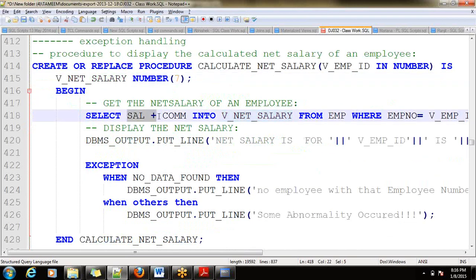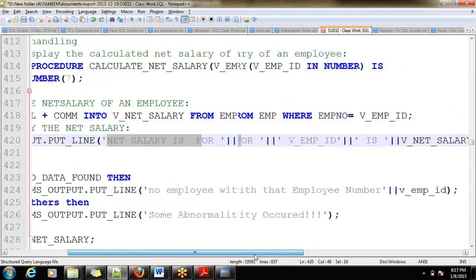Then I am computing this net salary plus commission into the variable, from employee where employee number equals the employee ID we pass. Then I am going to display the net salary for that employee.